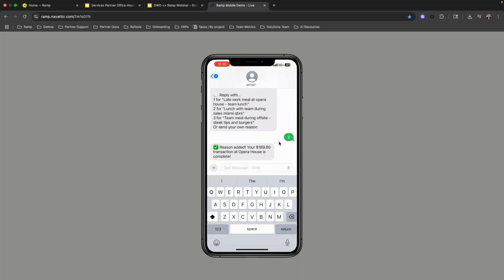I enter in 1, 2, 3 based on the memos that Ramp provided to me, and I'm done with my expense report. No more saving receipts, no more having to set aside time at the end of the month for submitting all of my different expenses and then putting all this different information as to how much the expense was for, when it was, what the reason for it was, what projects it gets tied to. Let's let Ramp do all of that for us, and our users have a seamless experience of just quickly texting